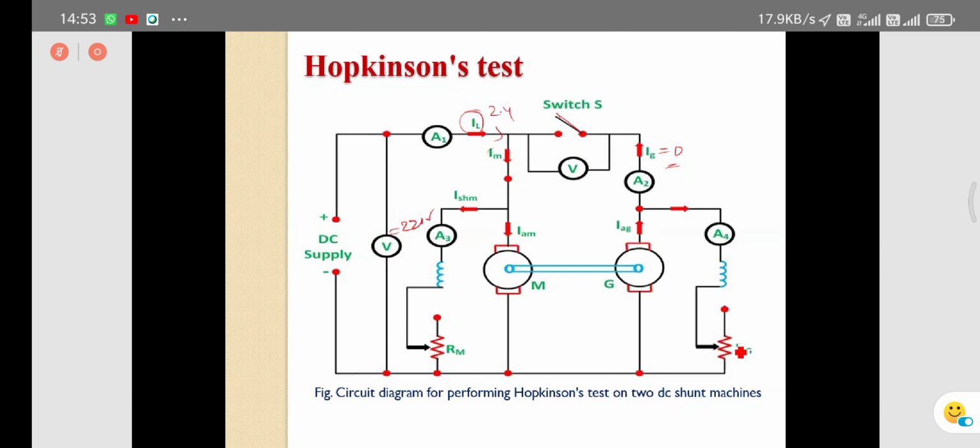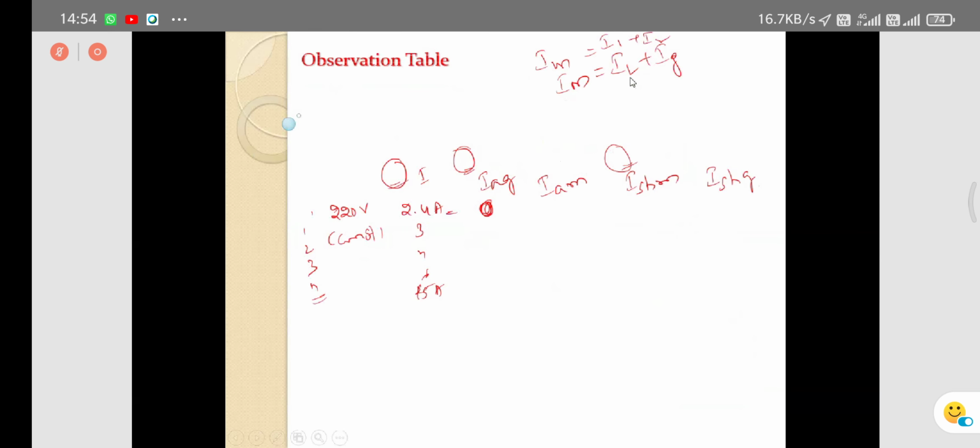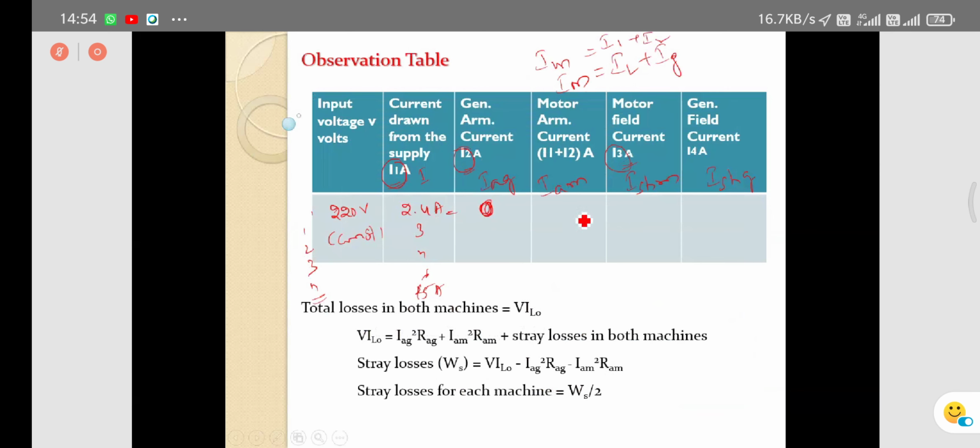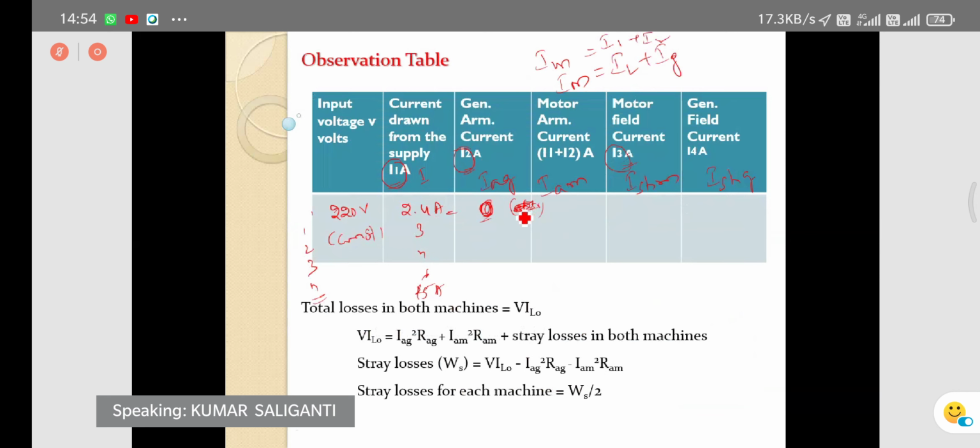Why? Because the field is not excited here. The field is not adjusted here. Whenever the switch is closed, the generator side current will be there. When you adjust the field rheostat, then you can get the generator current, the current which is given to the input of the motor. Whenever the voltmeter is 0, so here you can see, the switch is open, that's why you are getting generator armature current 0.